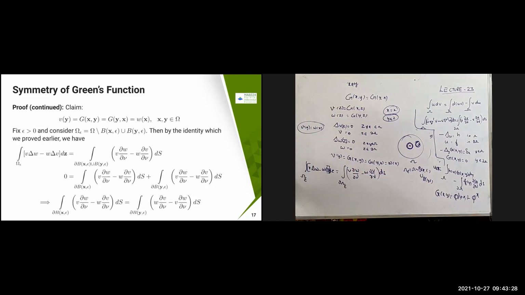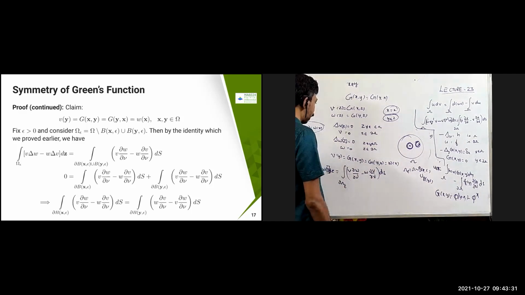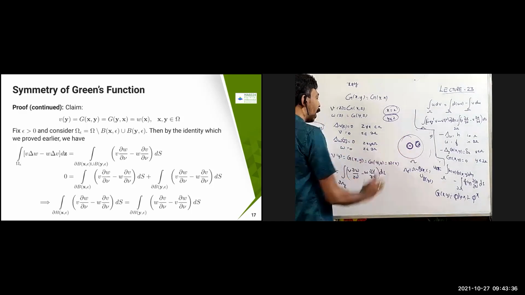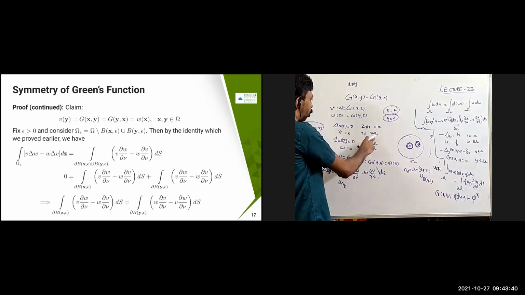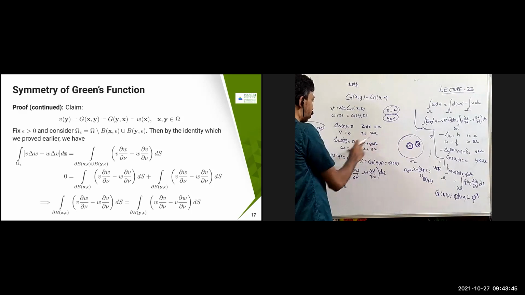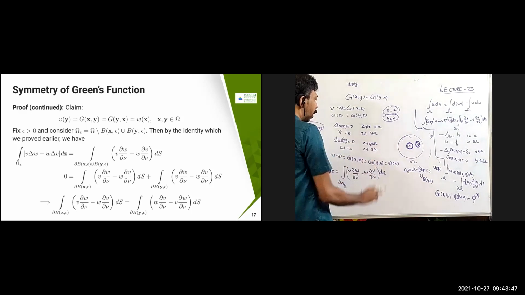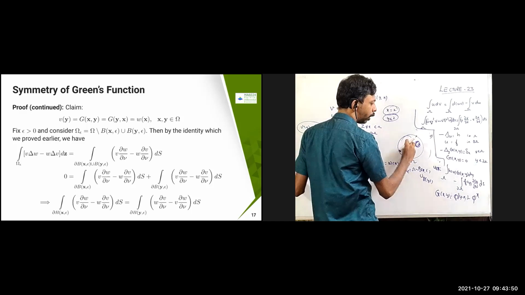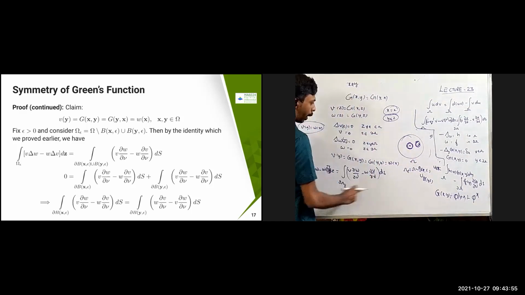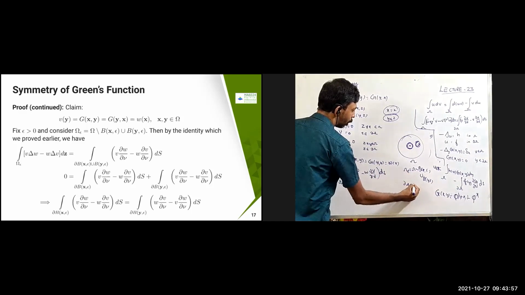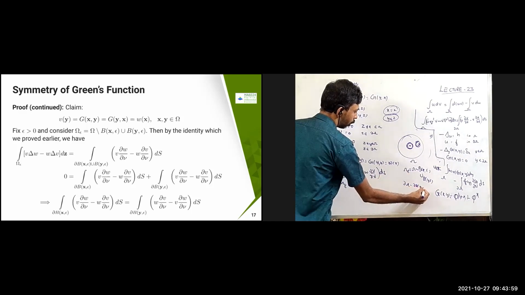Now in this case, with v and w, only in b of x comma epsilon are you going to get into trouble. In the remaining place, dou omega, it is 0: v equals 0 for z belongs to dou omega, and w equals 0 for z belongs to dou omega. So the only problem is in dou b of x comma epsilon. Therefore, dou omega epsilon is nothing but dou omega minus dou b of x comma epsilon union dou b of y comma epsilon.